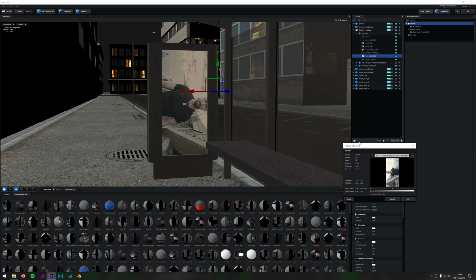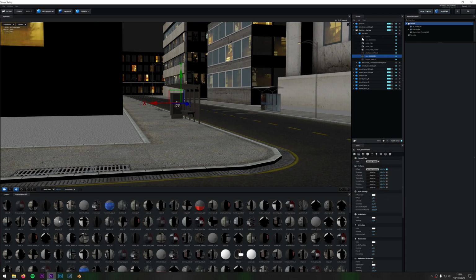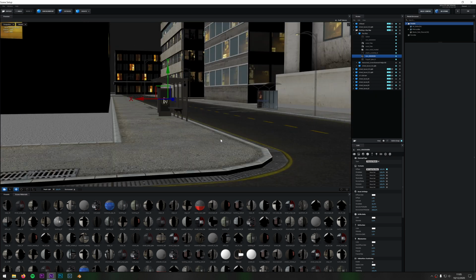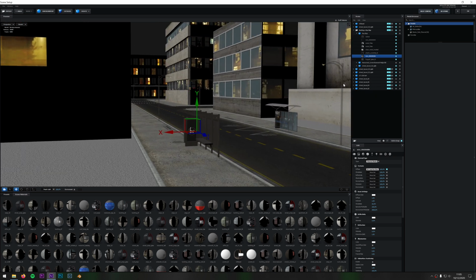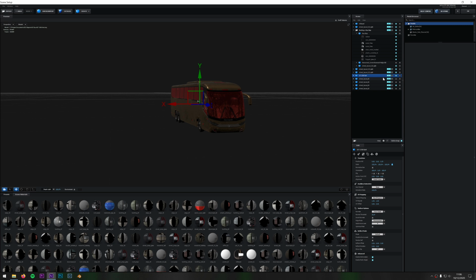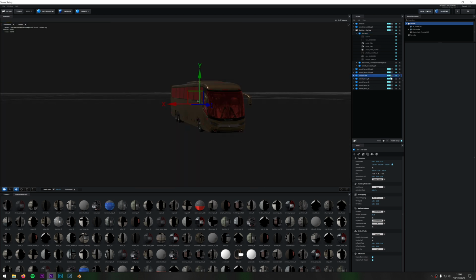Alright, the actual scene itself, you don't really need to concern yourself with too much, because this is part of a different scene. The way you build the scene up, you do it the same as I showed you in the previous section. This is just a separate object that I've put in here, which is a bus stop, and the only other thing is there's a separate object, which is the bus, or should I say coach, and that's on a separate group. So all of these, as you can see here, these buildings and bus stops are on group 1, and this bus is on group 3, and there's a reason for that, and I'll show you later on.